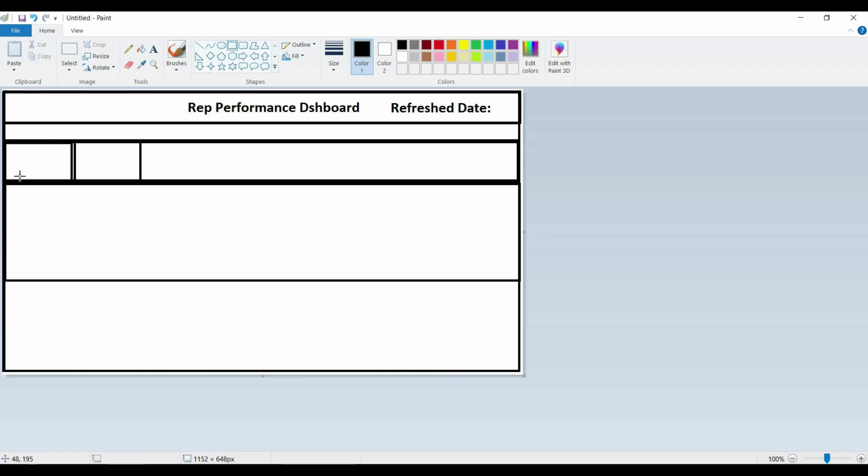So our basic layout will be two charts in the top section and two charts in the bottom section, basically 4 charts in our dashboard. But it is not always the case, it purely depends upon the requirement.